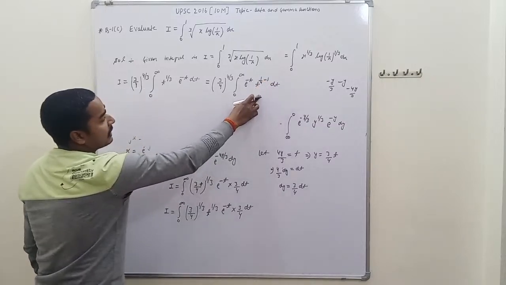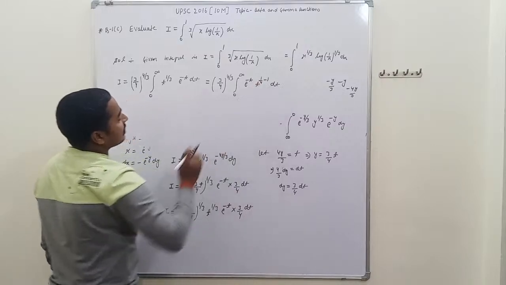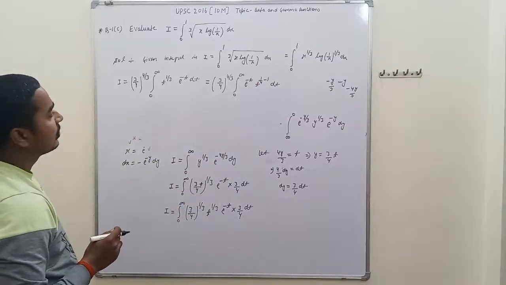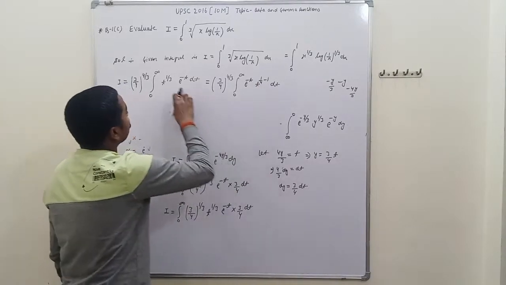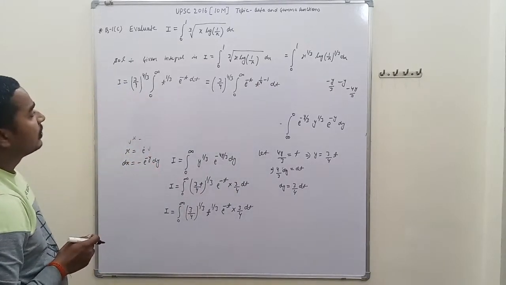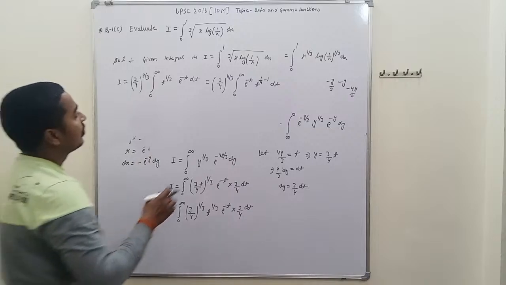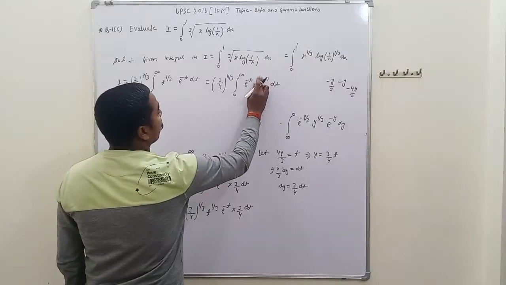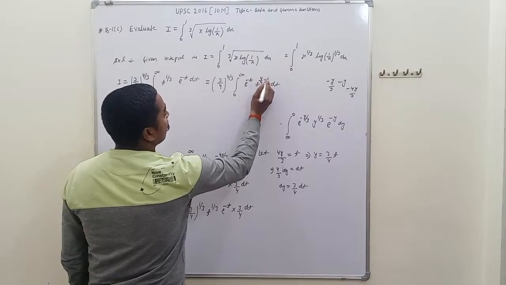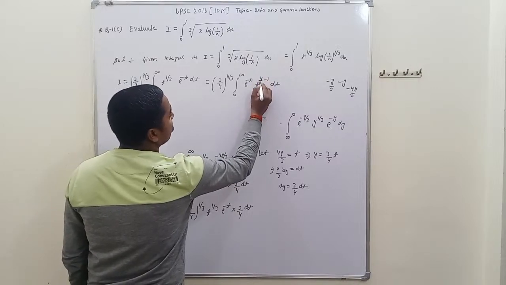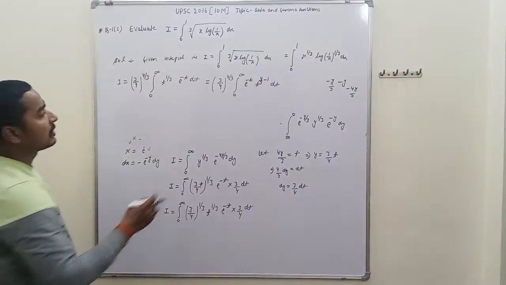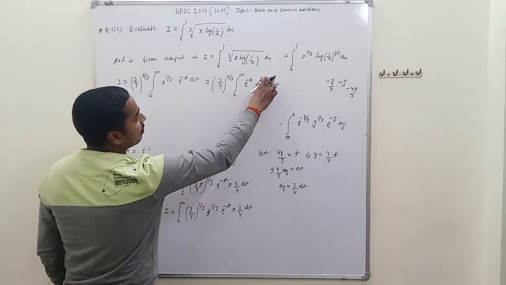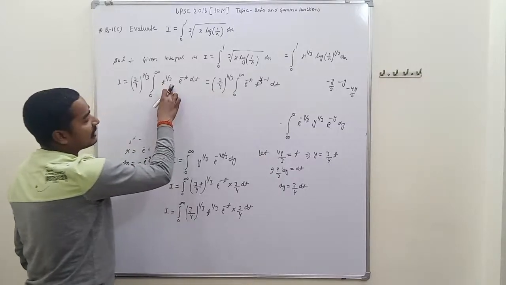When we take the LCM, once again we can write (3/4) to the power 4 by 3, and minus 1, when taking LCM, this is 1 by 3, we get t to the power 1 by 3, and